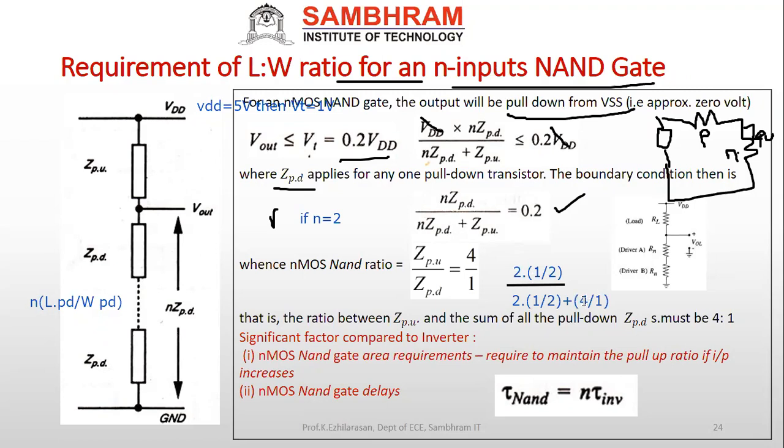So you can go for this. It'll be like 1 plus, so this will become 1. Then this will become 1 plus 4, 1, 2 by 2 plus 4 by 1. It's supposed to be not 4 by 1, it is 1 by 4, right? Sorry, this is 1 by 4.